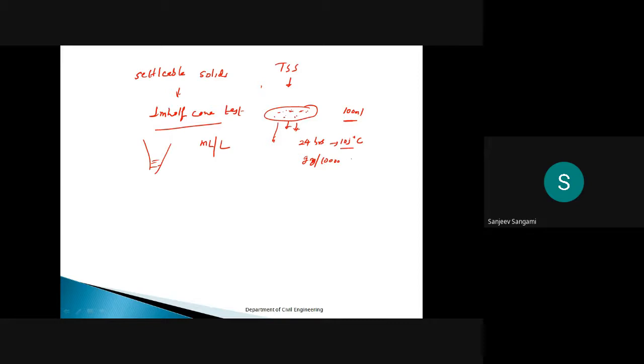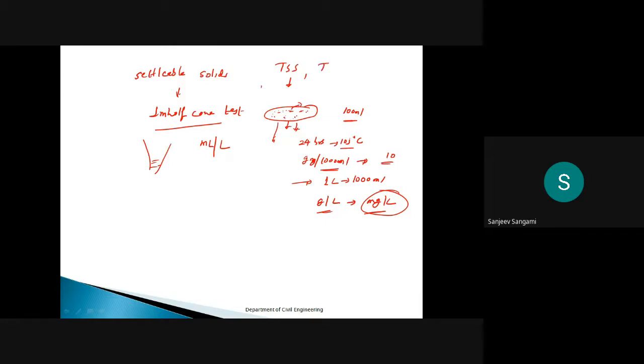So always you have to use grams per 100 ml. Then if you want to convert this into 1 liter, that is for 1000 ml, multiply by 10, and you will get grams per liter. That you convert into milligrams per liter. So the unit of TSS, total suspended solids, is milligrams per liter. Whichever solids are retained on the filter paper, that is total suspended solids.